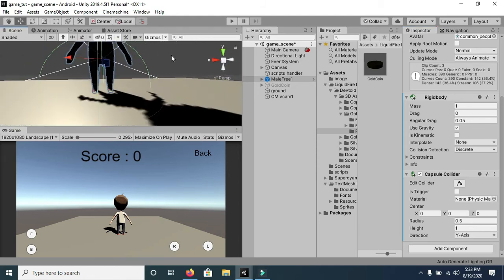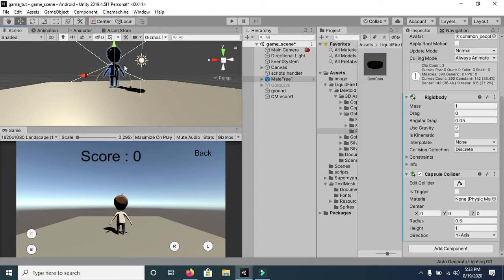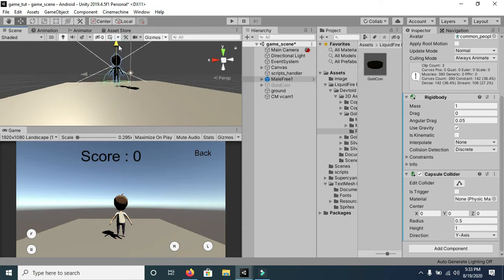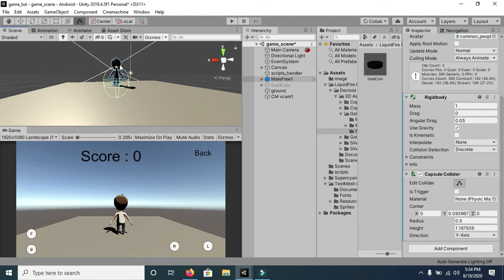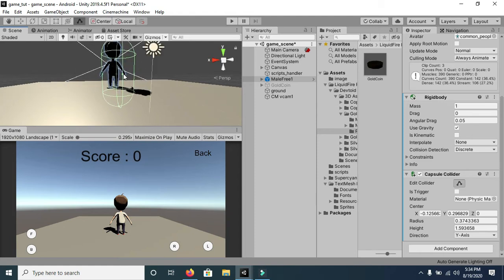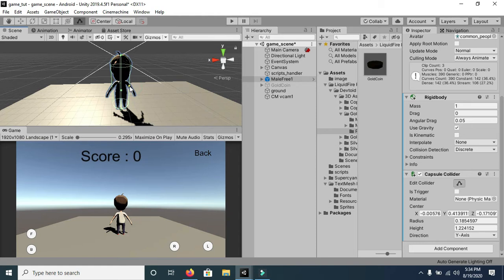Now you can see there's this capsule collider. We have to edit this collider because it is too low in position. We just have to click on this edit button. Now you can change the shape of this collider. So now it is fine. Save this, and we have attached a rigid body and capsule collider. And now if I play this game,